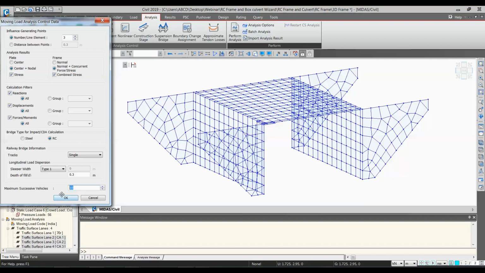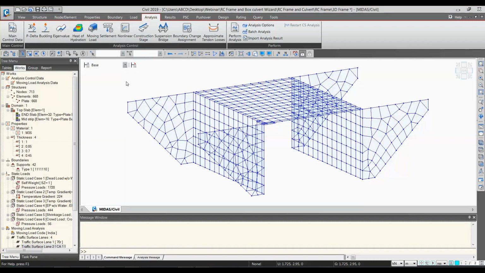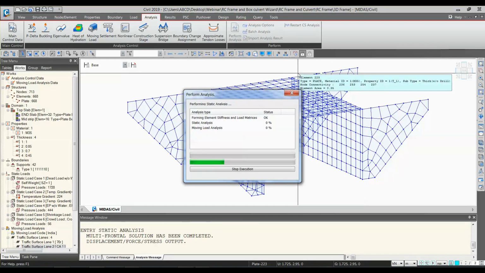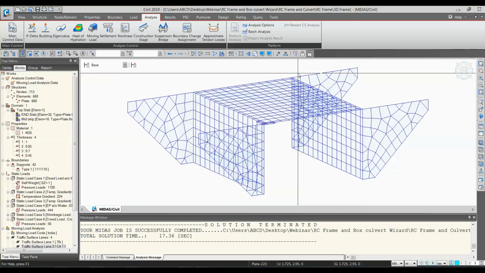Okay, so I'll just click on OK and click on perform analysis. If we decrease the number of maximum successive vehicles, it will also decrease the time for analysis.